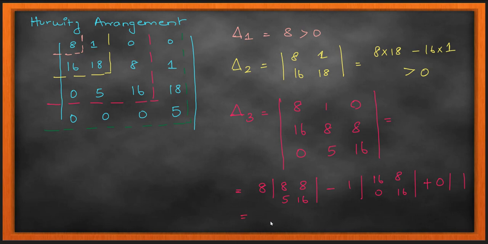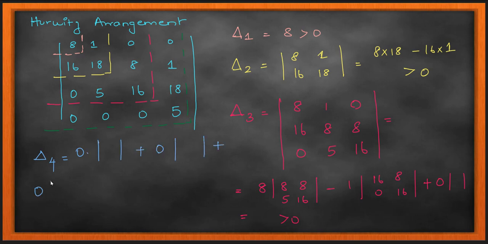And how do you do a 3 by 3 determinant? You take the first row or the first column and then you do it. I assume you know how to do a determinant, and if you are not aware, you can just see this and correlate on what's happening. If you further have any doubts on determinants, you can approach me. I'll be more than happy to take a class on finding determinants for you.